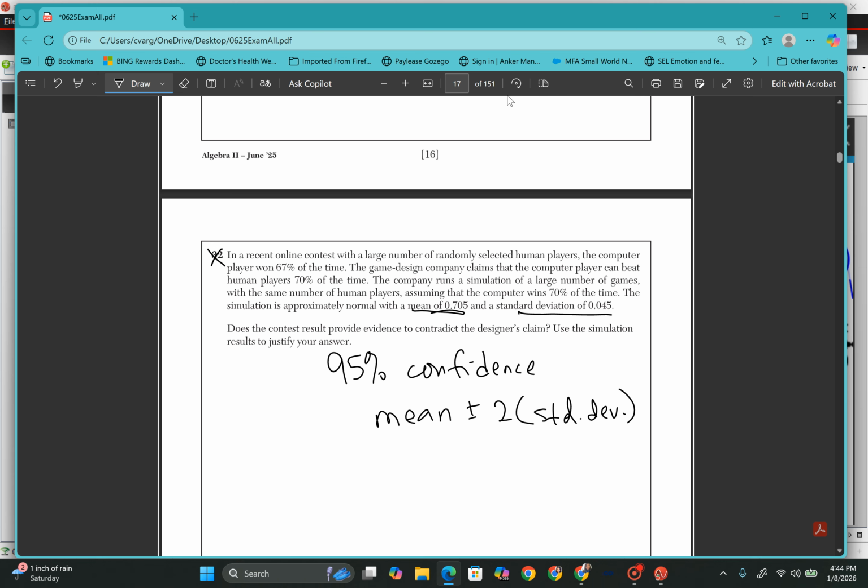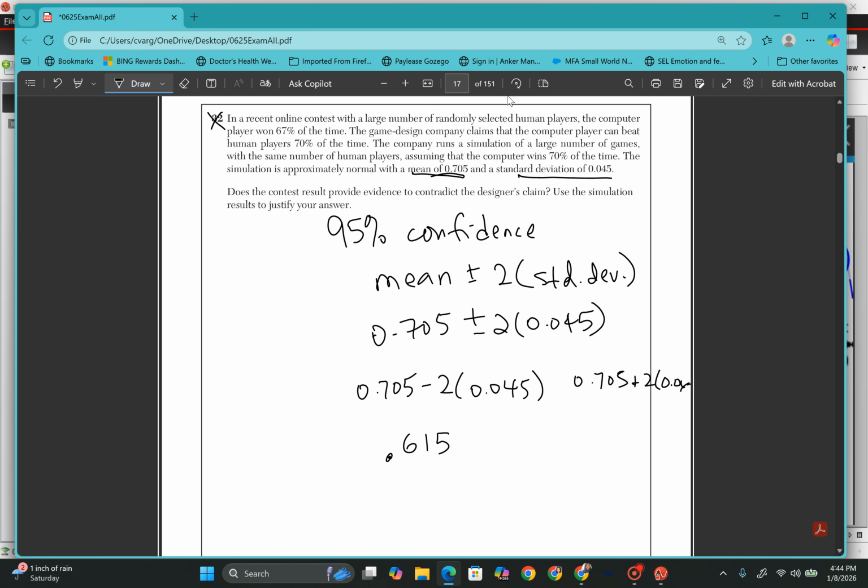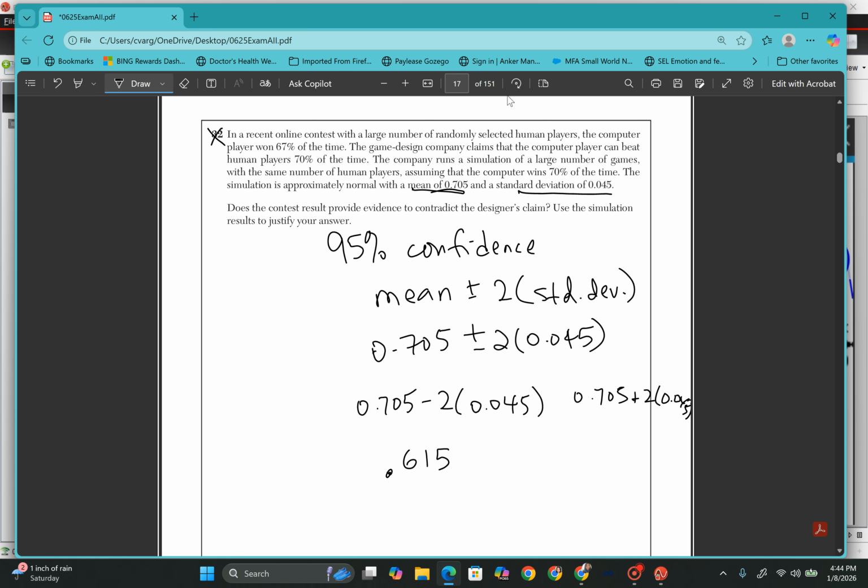Okay. So since we're given that the mean is 0.705 plus or minus two times the standard deviation, which is 0.045, we could just plug this into the calculator, right? So 0.705 minus 2 times 0.045 is equal to 0.615, and then 0.705 plus 2 times 0.045 is equal to 0.795. So the confidence interval is from